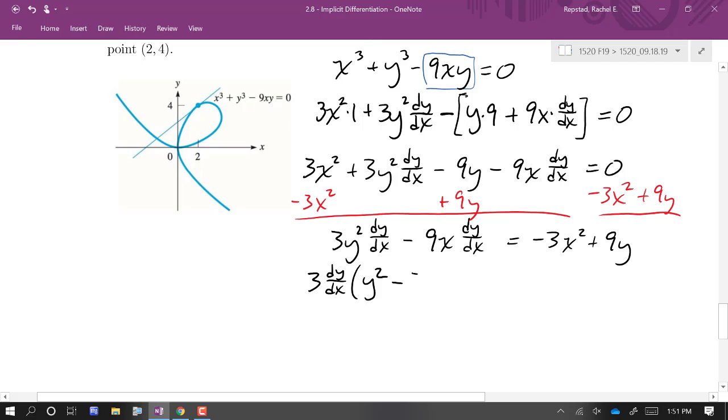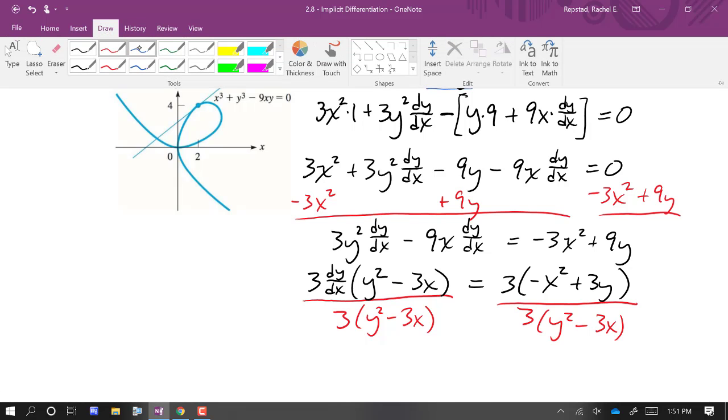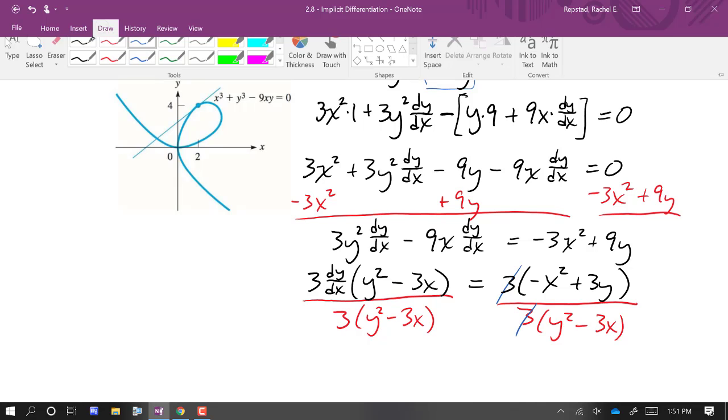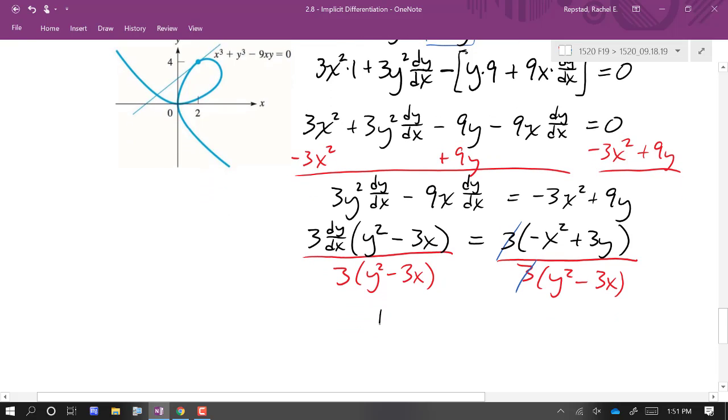So that'd be y squared minus 3x. On the other side, if I factor out a 3, negative x squared plus 3y. And then we can divide by both of these. So those 3's are gone. So dy dx